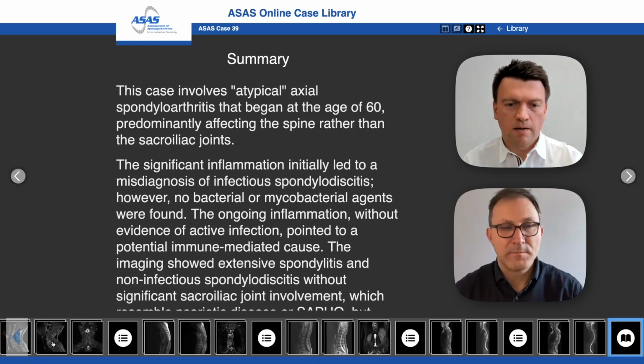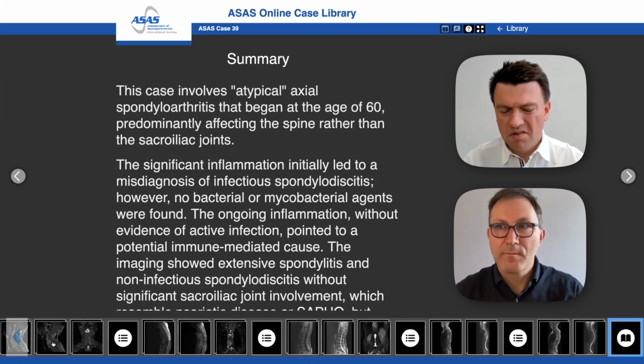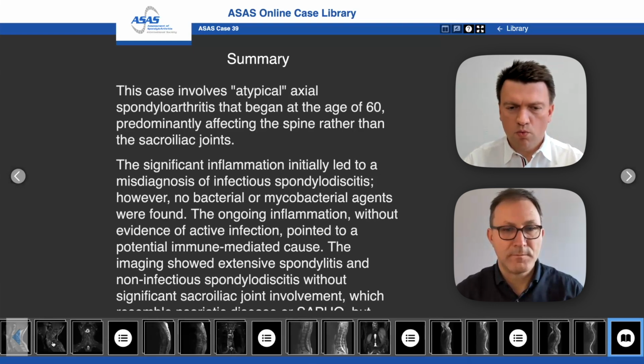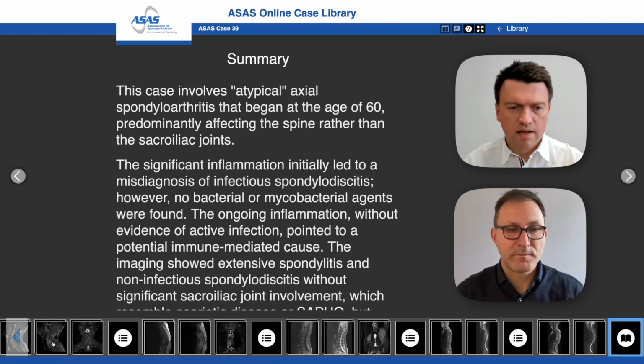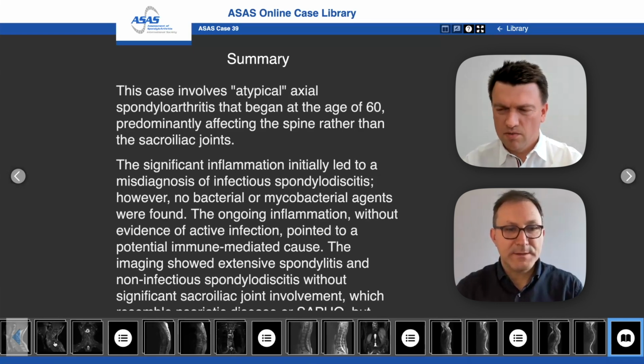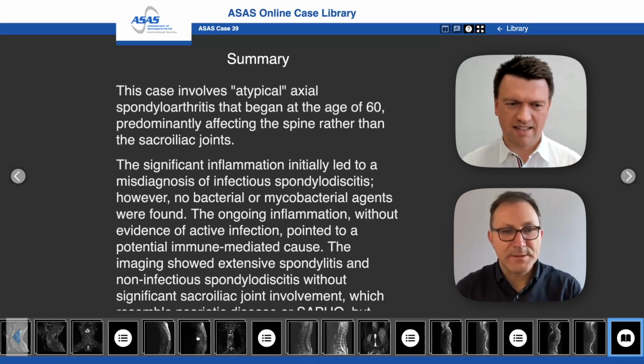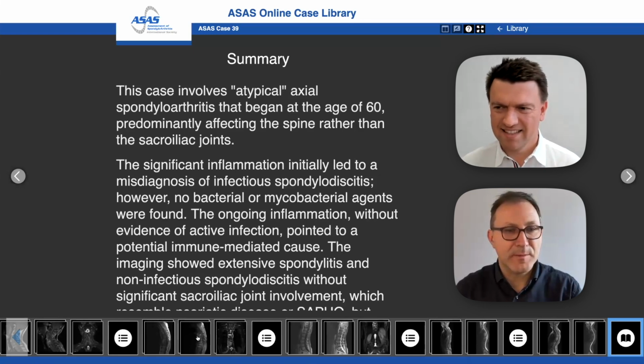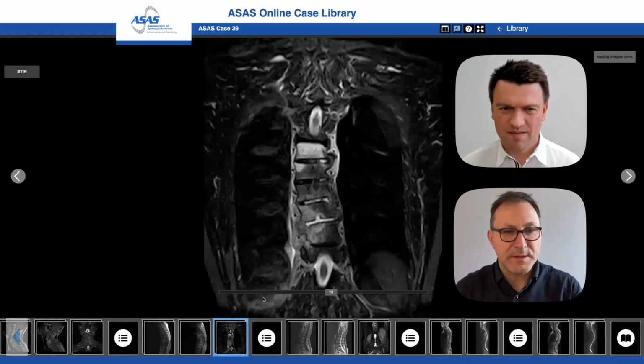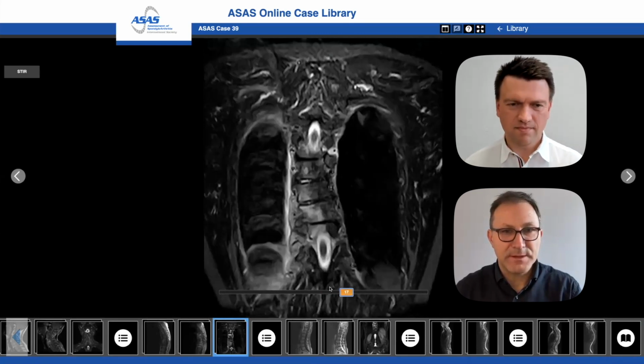And the presentation is, as we mentioned several times, not typical for spondyloarthritis. We see really massive inflammation in the spine, but nearly nothing in sacroiliac joints. How would you describe those changes, having seen spinal MRI for the first time? I think this is really a case where the value of a musculoskeletal radiologist is showing up, because if you see this kind of inflammation in this thoracic spine,